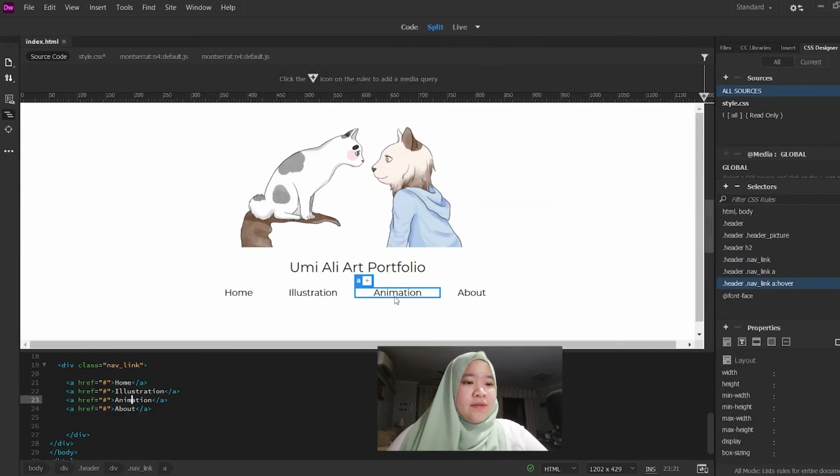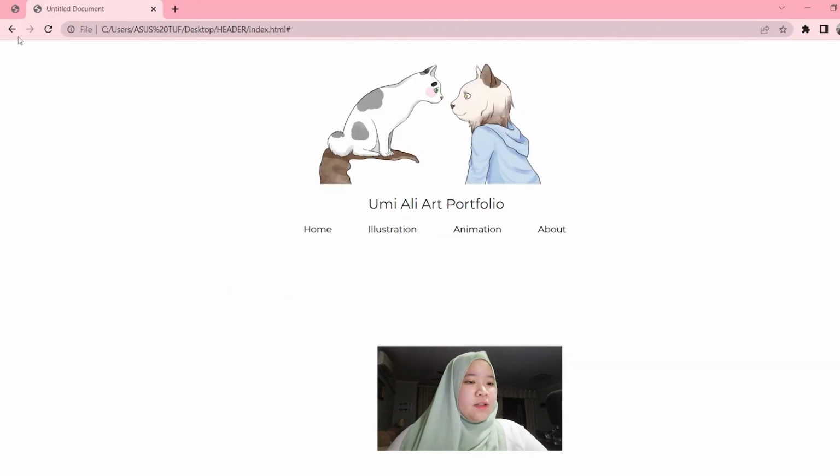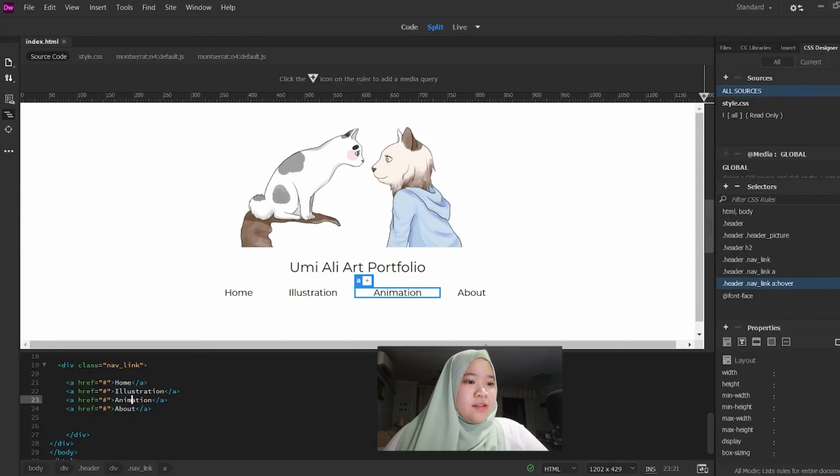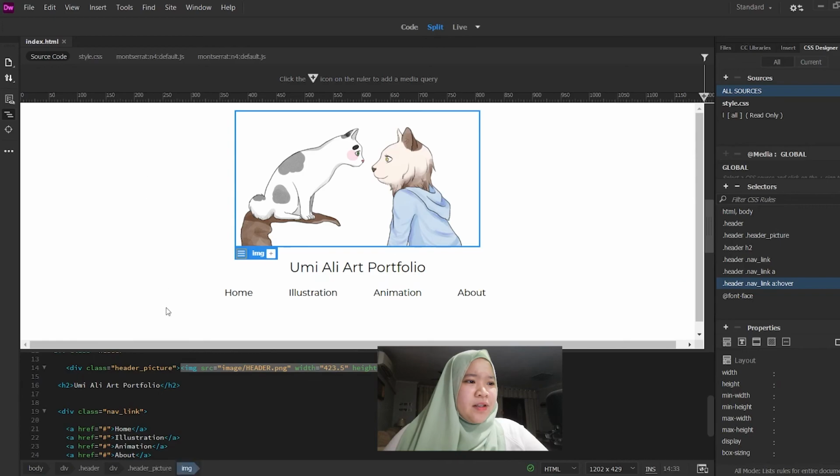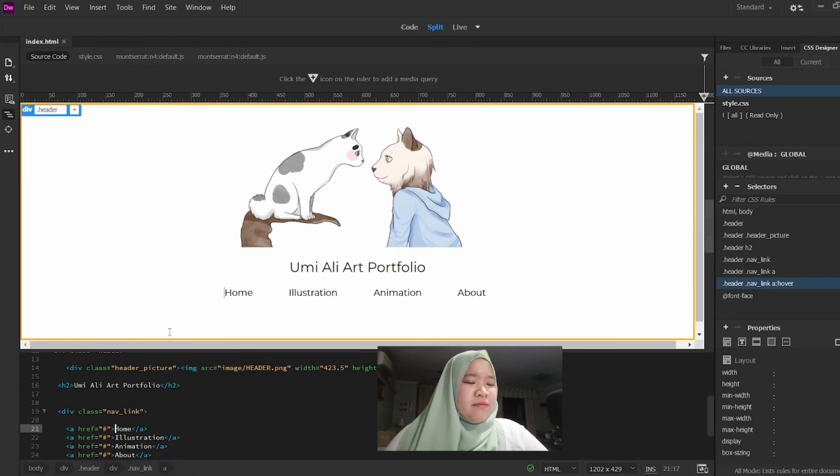Go to live. Yep, it's there. So let's see how it looks. Yeah, it changes color when you hover on it. It's responsive. If you think the background is too plain, like oh it looks boring and white, so you